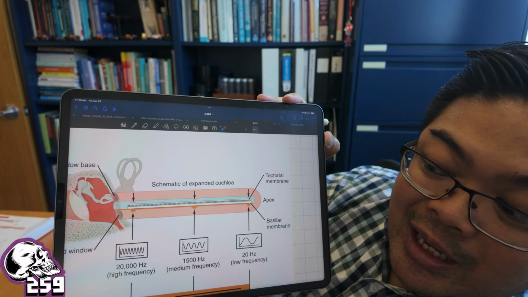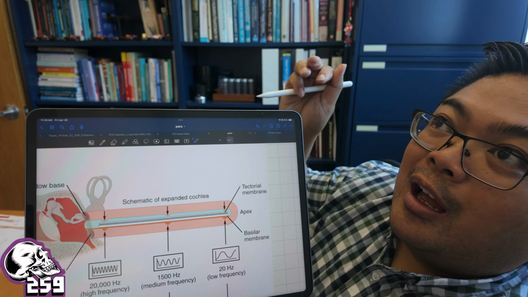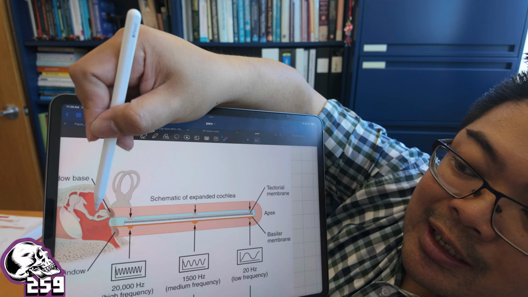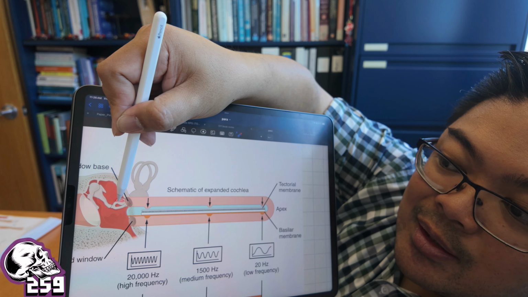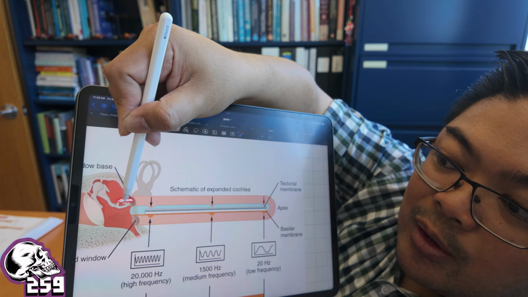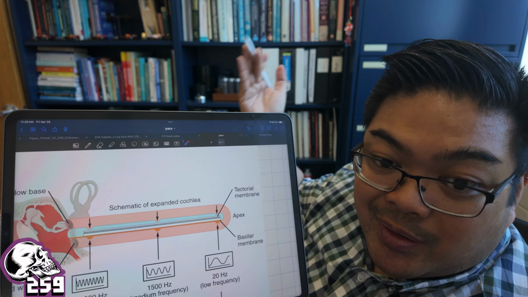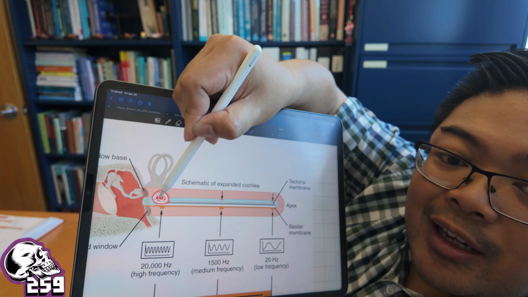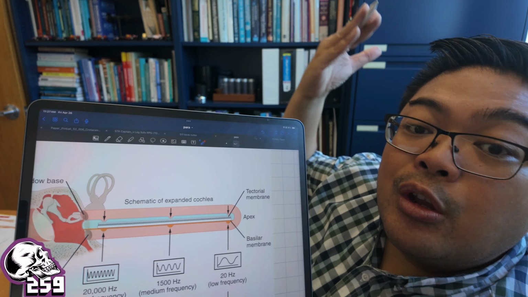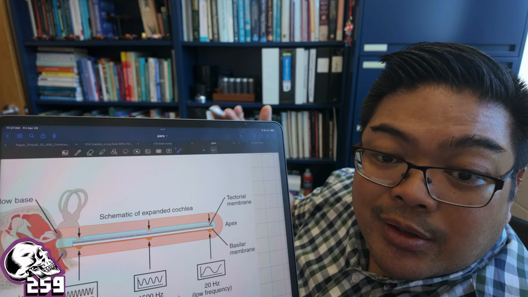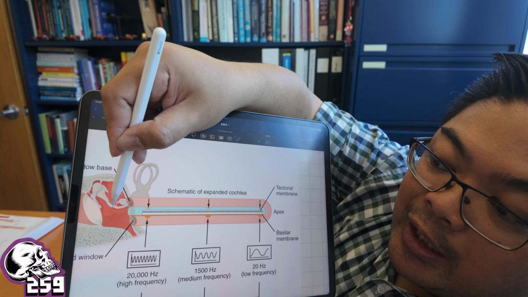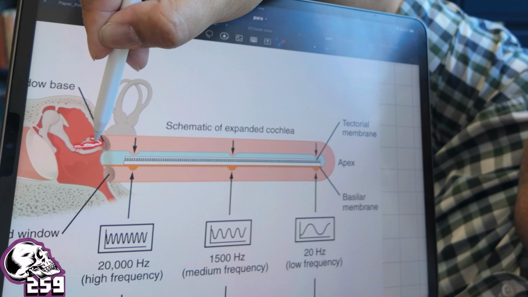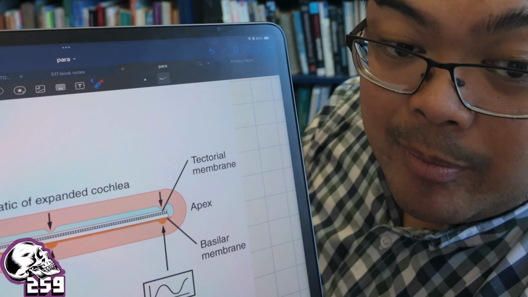So that's a 20,000 hertz sound that basically is going to cause your stapes to vibrate against this oval window 20,000 times per second, right? And again, that's going to trigger this part of the basilar membrane to send signals through the hair cells to your brain. So a 100 hertz tone is vibrating your stapes on your tympanic membrane 100 times per second,